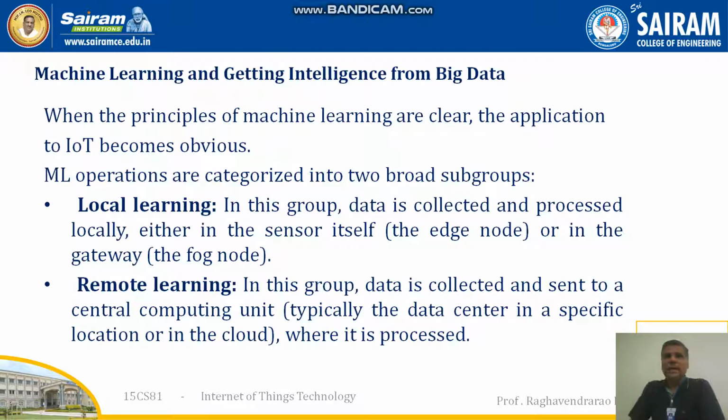So ML, that is machine learning operations, are categorized into 2 broad subgroups. One is local learning and another is remote learning. Local learning is where data is collected and processed locally, either in the sensor itself, which is an edge node, or in the gateway, that is a fog node. Here we can say, in a simple way,